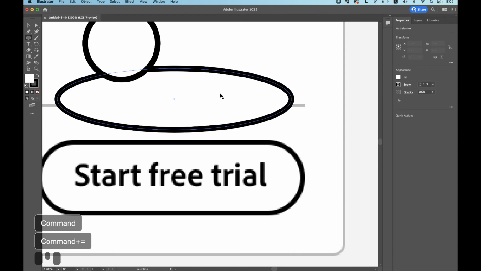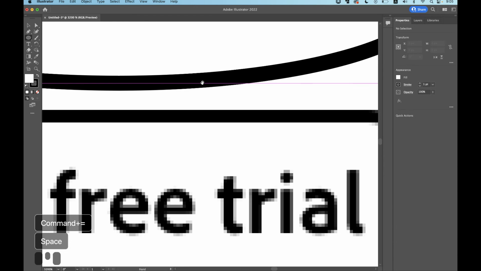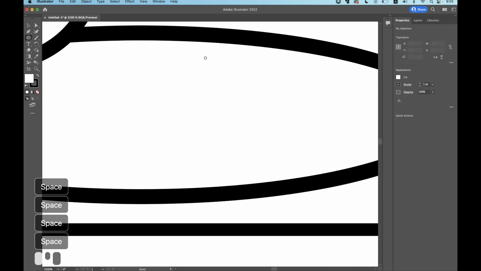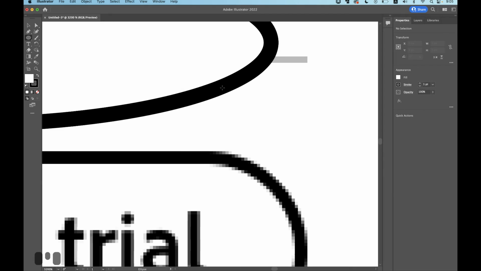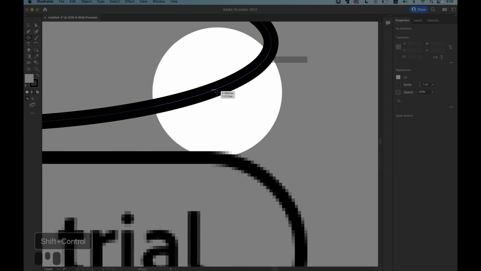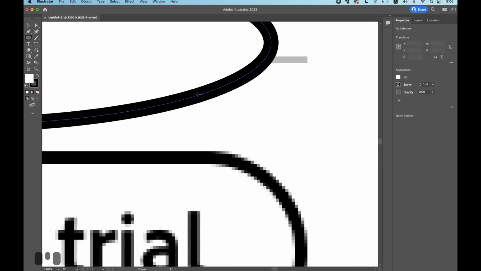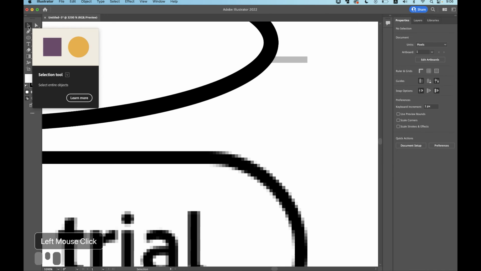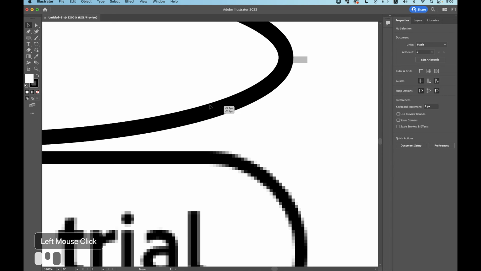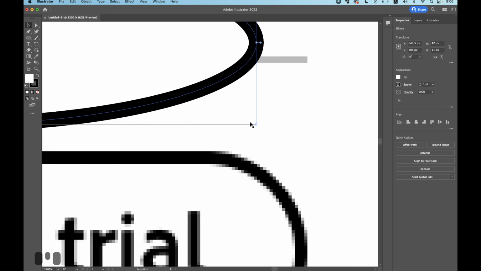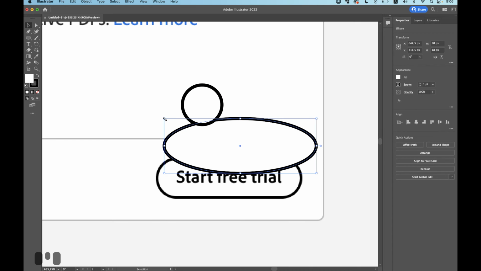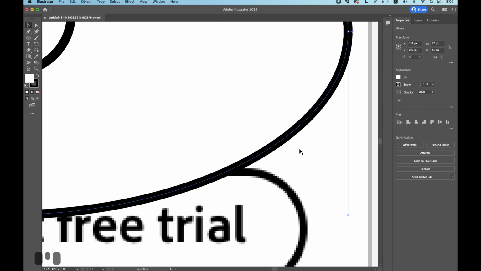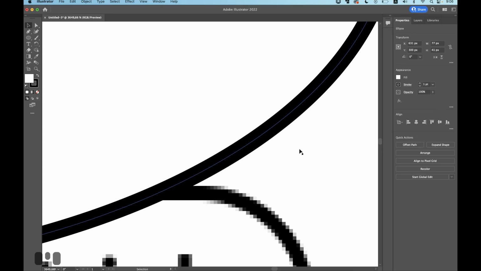And again, Command or Control with plus, space bar for hand tool, and let's compare raster and vector. Look at the edge, it's perfect. Let's make our ellipse bigger by using this arrow. With it we can move any object as well as change their size. Let's change the size of this ellipse and zoom in again. And we see it's still keeping smooth. And this is the difference.